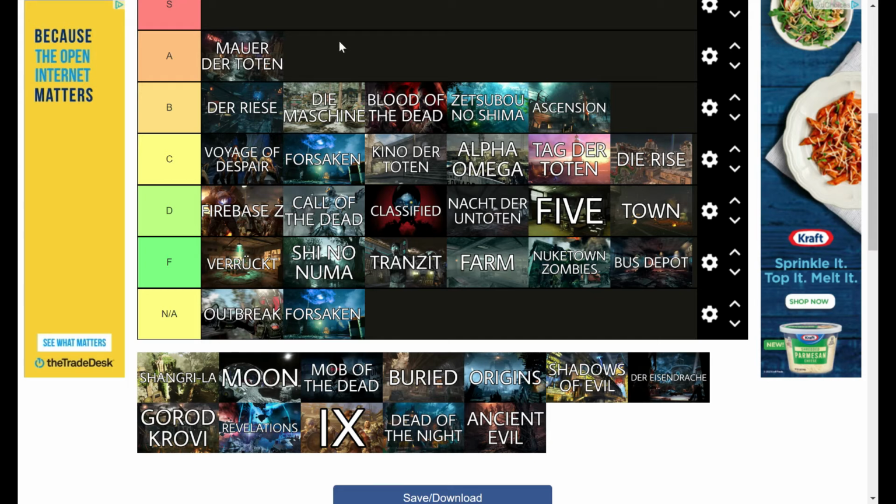It's just that a lot of the newer maps that come after it have a lot more going for it. And Der Riese, it added Pack-a-Punch, and I love that. It's just that in terms of features, it doesn't have an insane amount that you can't get anywhere else. And then I think to top off our B tier, it's...